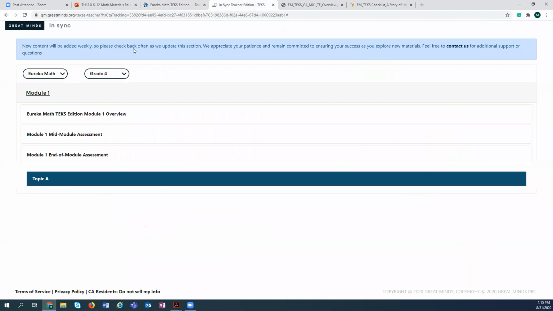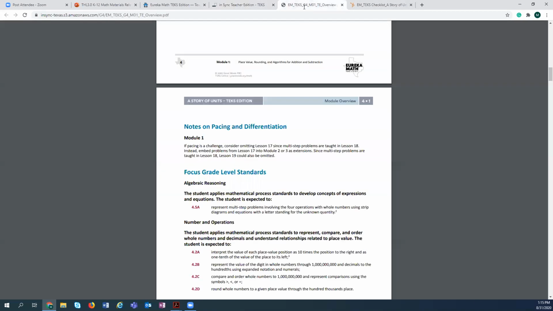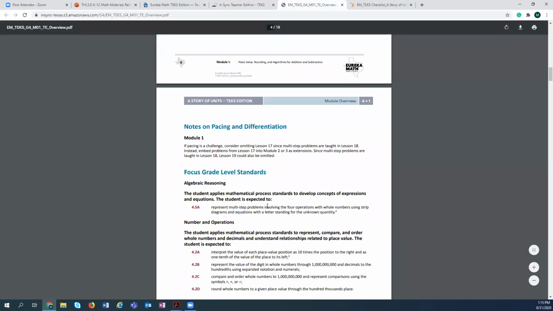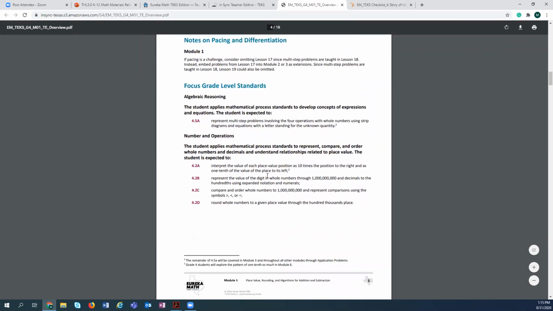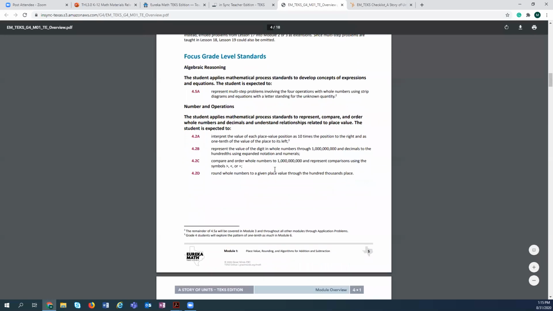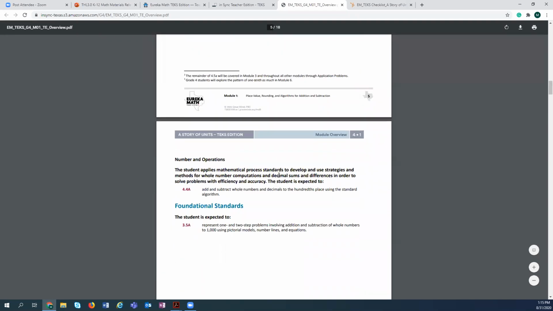On that button that I clicked on, I went to grade 4 and I'm starting to look at the module information. So the module overview provides a lot of information about the content, great use for your professional learning communities and in preparation, especially if you've not taught this grade level before. But then understanding which standards are going to be introduced, addressed, and mastered.